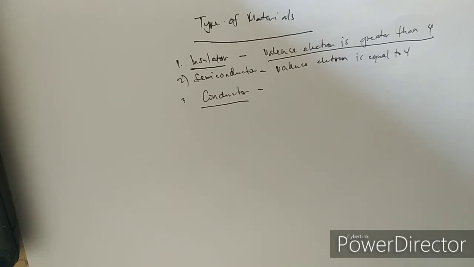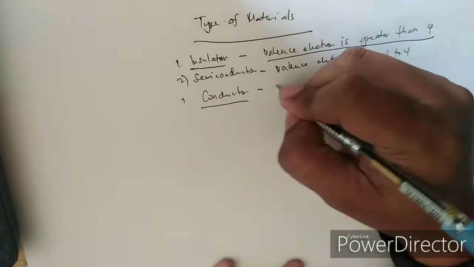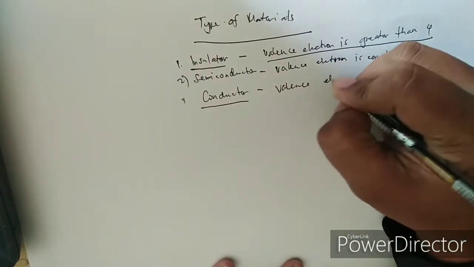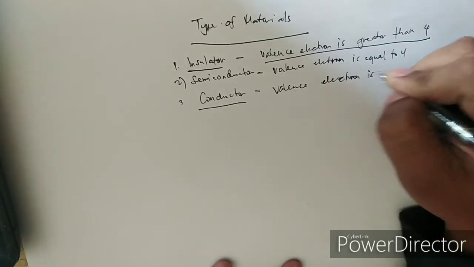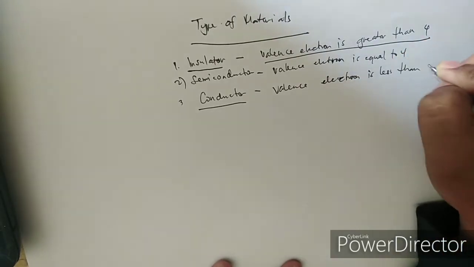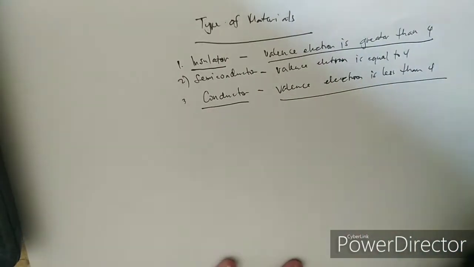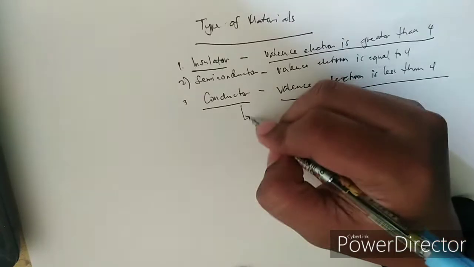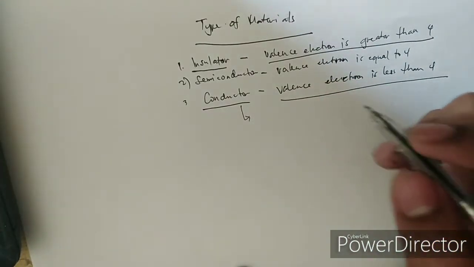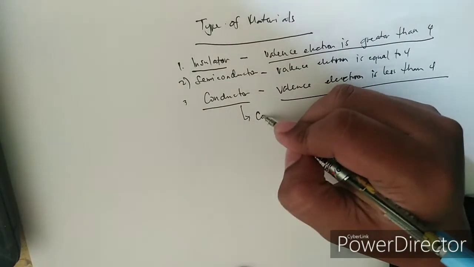You can determine that it is a conductor if the valence electrons are less than 4. An example of a conductor is metals, such as copper,